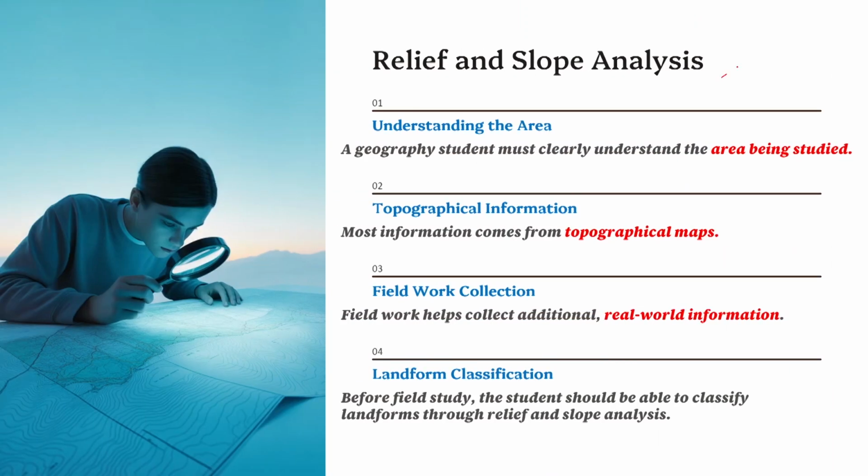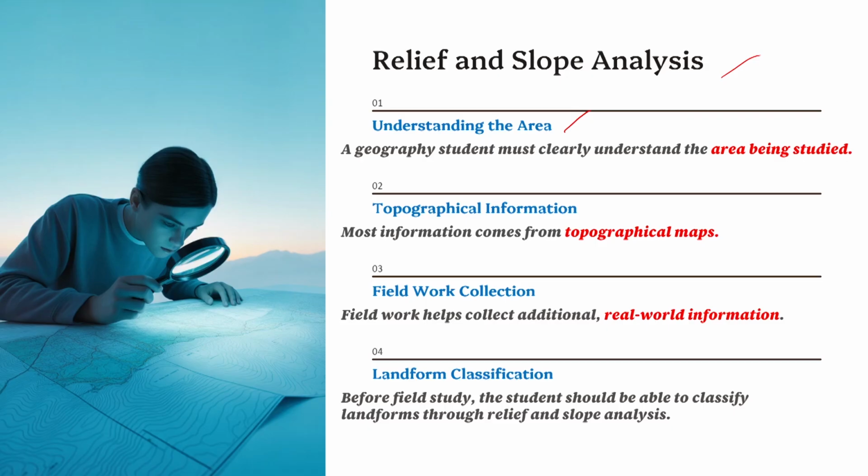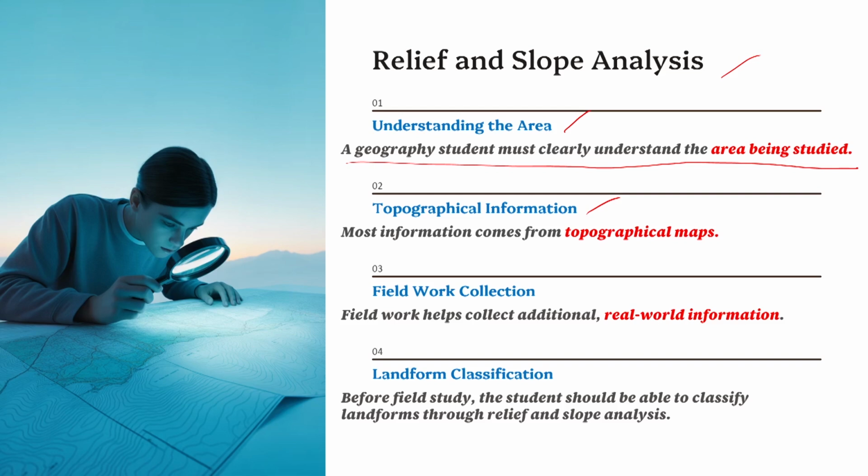Then relief and slope analysis, understanding the area. If you want to draw a map of your area or wherever you are located, first you must understand that area. A geography student must clearly understand the area being studied. If you want to study that area, you can take topographical information. For example, the 1:50,000 topo sheet shows what that area covers,